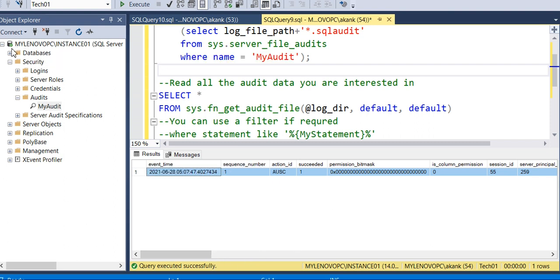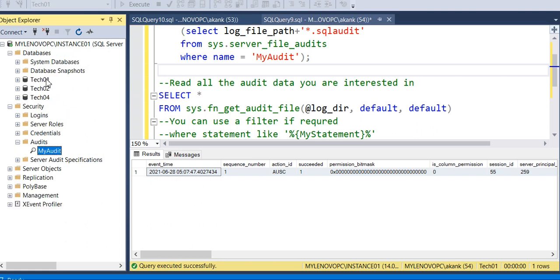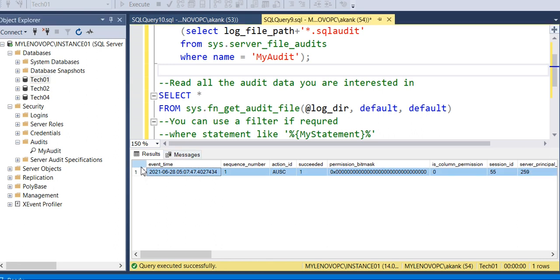Suppose some application user is the owner of Tech01 and they only want Tech01. You just select and paste it in Excel and put the database filter Tech01. This will give you the reports only for Tech01.